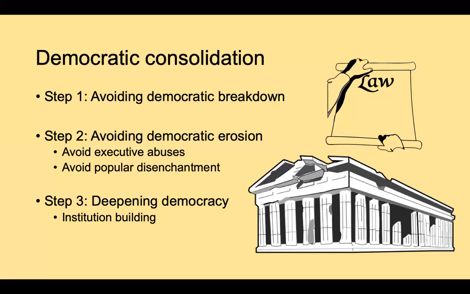And when you think about democratization, you can then think about where countries are in this process. Are they democratizing? Are they transitioning? Or are they consolidating? And that helps us to distinguish between different country experiences, and helps us to think about democracy in a way that is more nuanced, and that is more sensitive to the way that democracies develop and evolve. And so this does conclude the lecture, everyone.